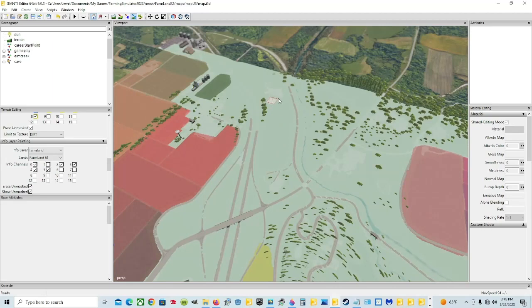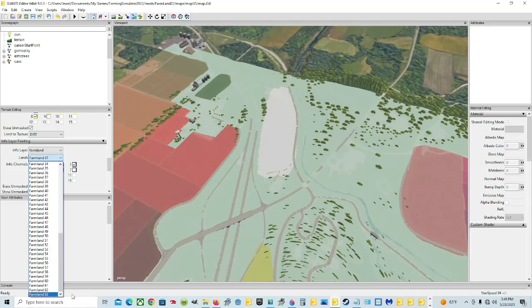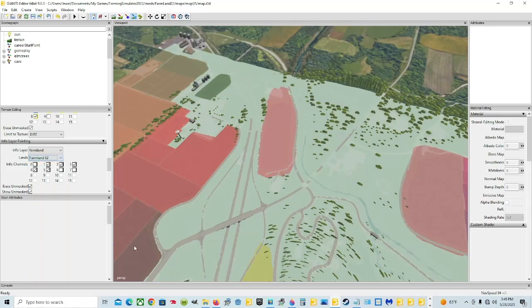So let's do it real quick. Make sure you fill it all in. Alright, so now we have 3 more, or we have 2 more, 62 and 63. Now you can take and make this a farmland. It doesn't have to have any fields on it, so we're going to do that. We'll just say right up to there,